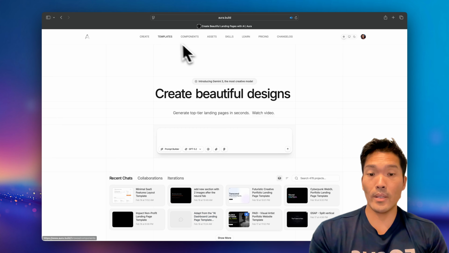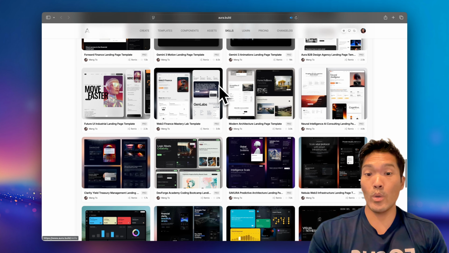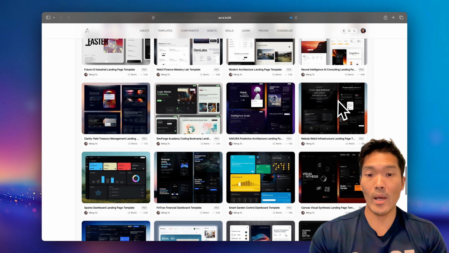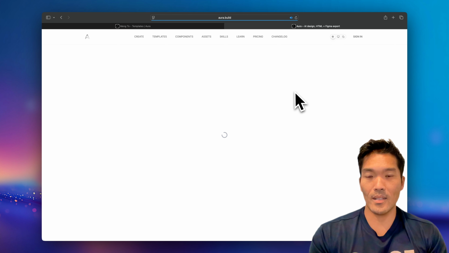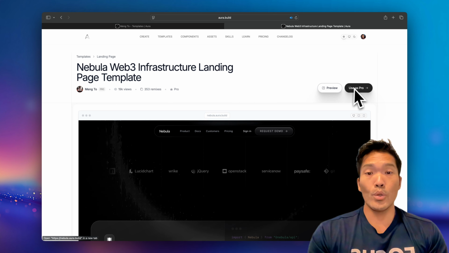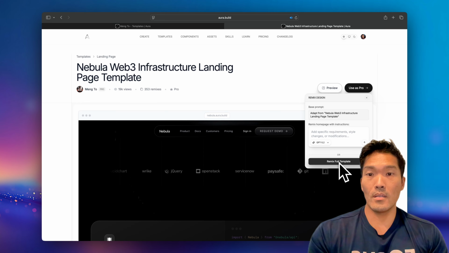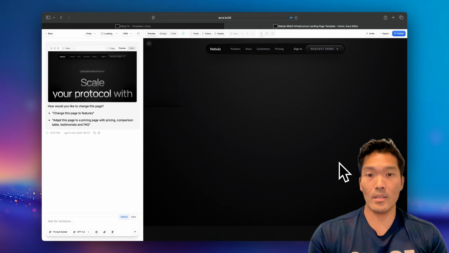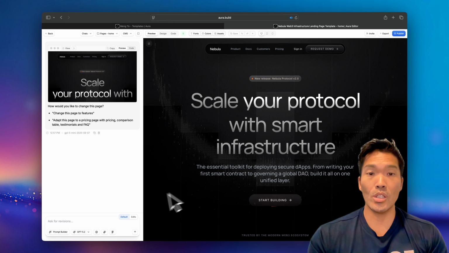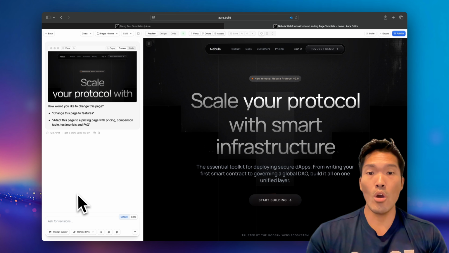So this layout that I've used for the demo was not created by me. So I will show you the remix button, how I can use that. In the community, if you find a design you like, you can simply click use as pro and remix it. Remixing doesn't mean copying. It means using a layout as a starting point, then adding your own ideas, your own content, and adding your